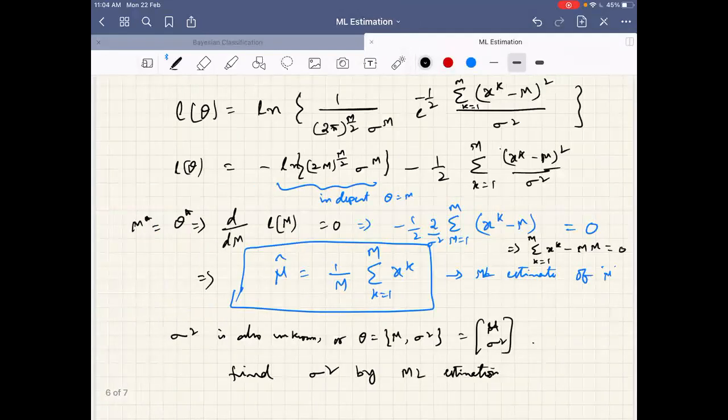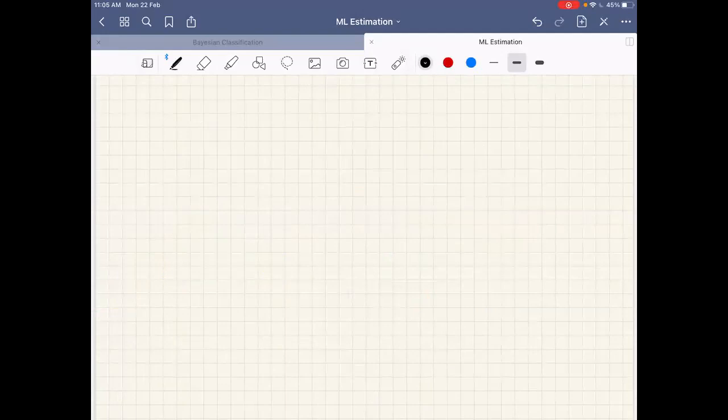Right? Yes, sir. Okay. So did anybody try estimating the sigma square, or the variance, using the maximum likelihood estimation method? If anybody has tried, you can tell what sigma square you have got. Otherwise, let us define the vector parameter. Let the first parameter be mu and the second parameter be sigma square, that is, theta 1 and theta 2. So here we want to estimate both theta 1 and theta 2 by the maximum likelihood estimation method.